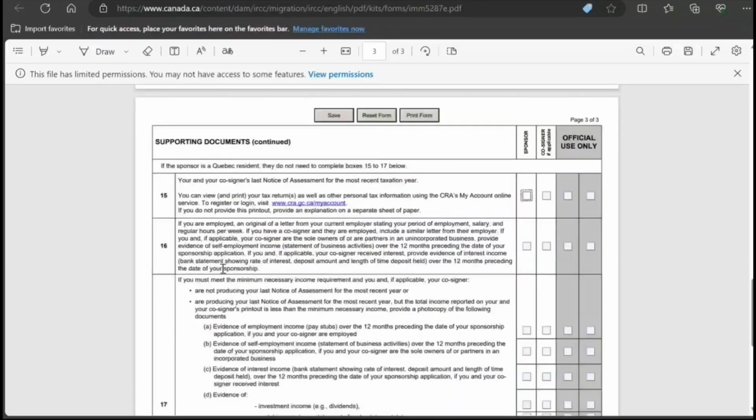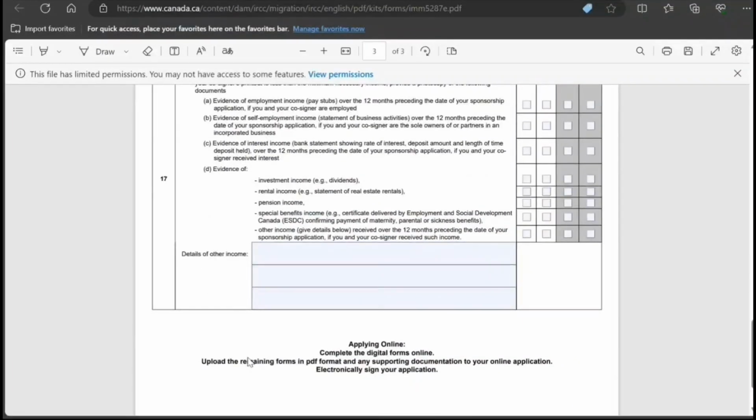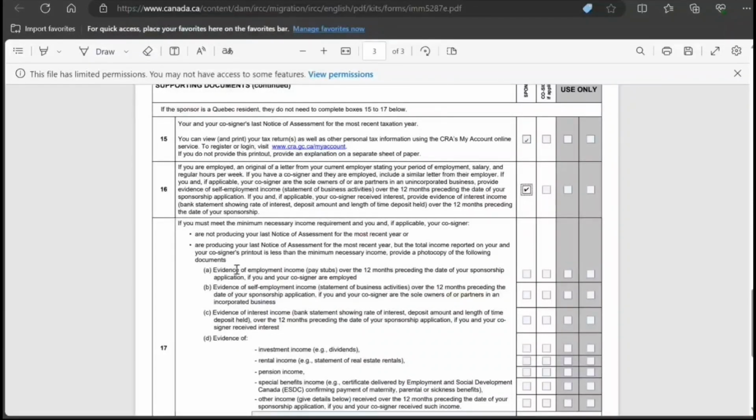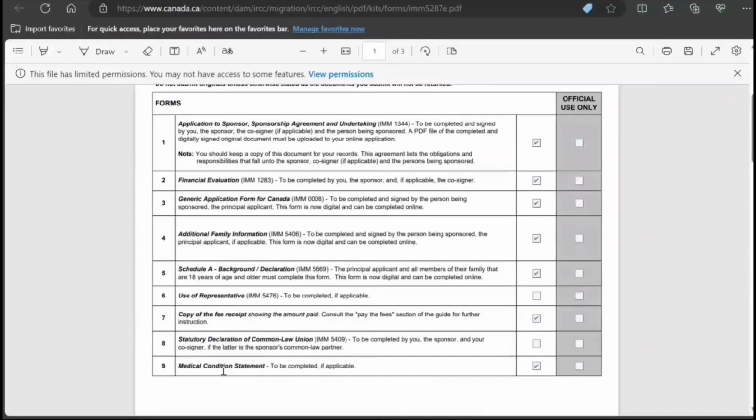Okay. So what it says, oh, I did this. If you must meet the minimum income requirement and you and, if applicable, your co-signer are not producing income, but here they are producing, your last month's statement of total income and minimum requirement for the following. So it's not applicable for him because he is producing this. Let's say John has enough income and he's meeting the minimum criteria, then he doesn't have to provide this. Okay. And now this is going to be applicable. So he has got